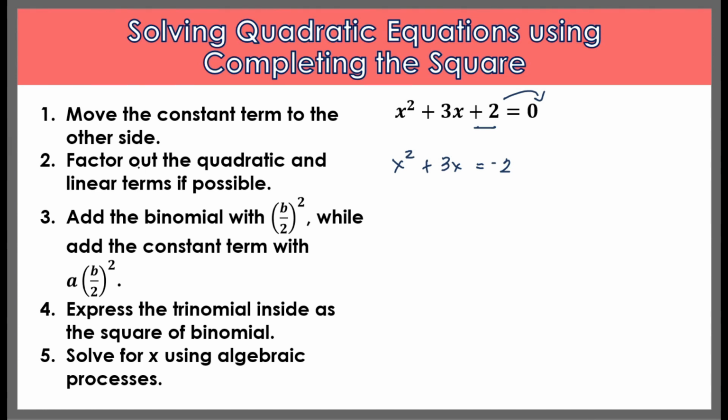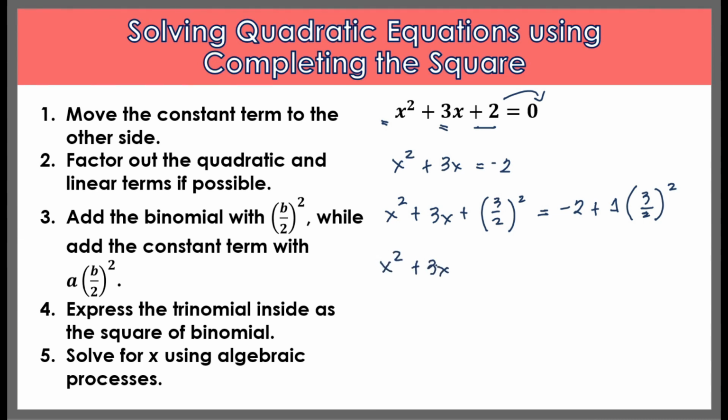Okay? Now, sa number 3, so follow lang yung mga formula na present dito with the value of b being 3 and of course, yung a natin equal sa 1. So, magiging x squared plus 3x plus, so 3 over 2 raised to 2 which is now equal to negative 2 plus 1 times 3 over 2 raised to 2. So, pag naging ganito na, solve na natin mga nasa parenthesis, x squared plus 3x plus,